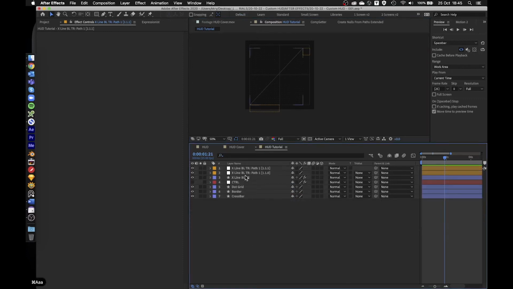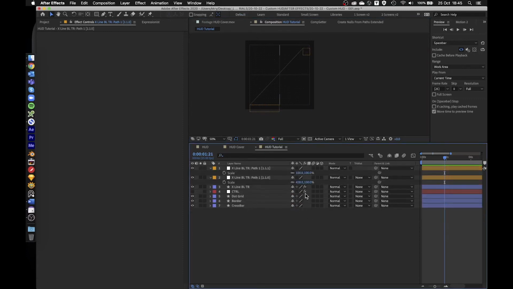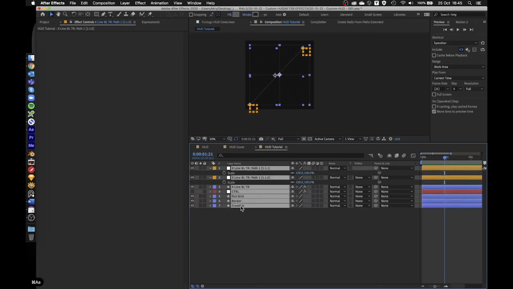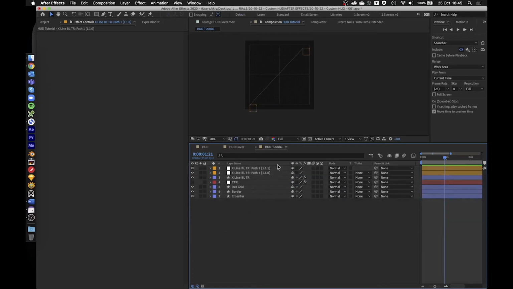So what I want to do is make sure everything is at 100. I like to work with exact values, like 100% and so on, so later on I don't have to figure out why this thing is too thick versus this one, and so on. Okay, so let's rename stuff because it will help our sanity. So this one is,